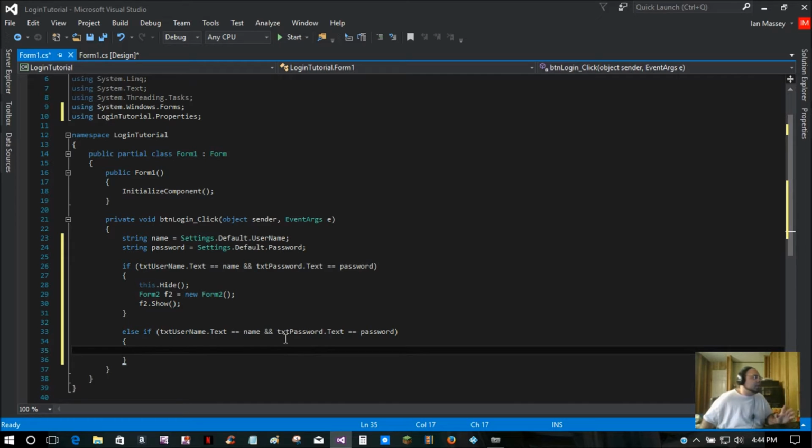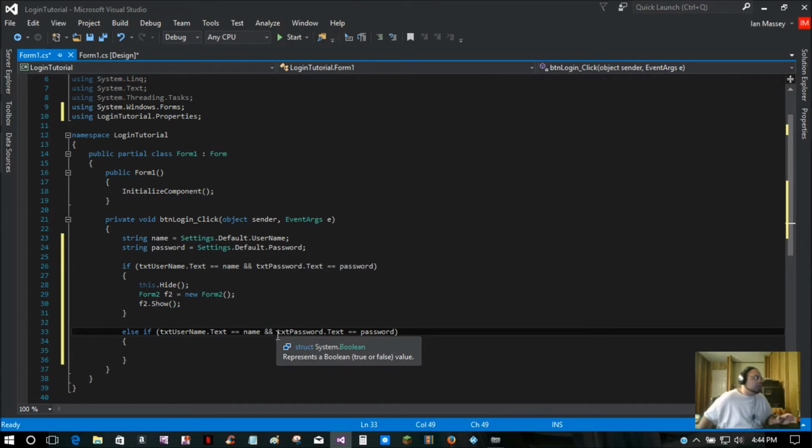And then we're going to change a few things. Where the two ampersands are, you're going to put your or symbol, which is Shift and then your backslash, or your straight up-and-down line. That is the or symbol. Alright, and then where the double equals is, you're going to take the first equal sign and